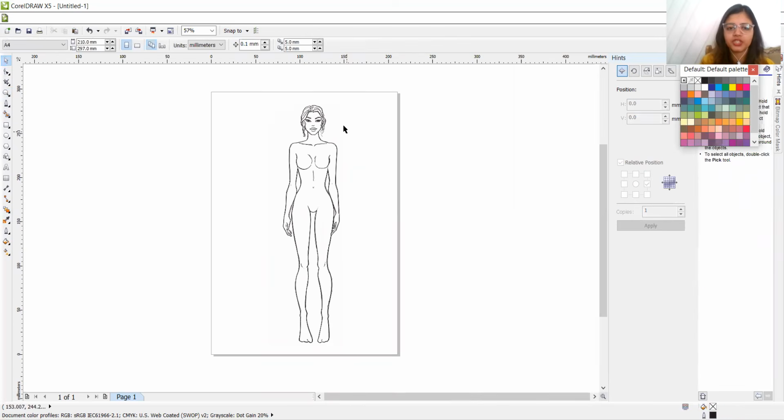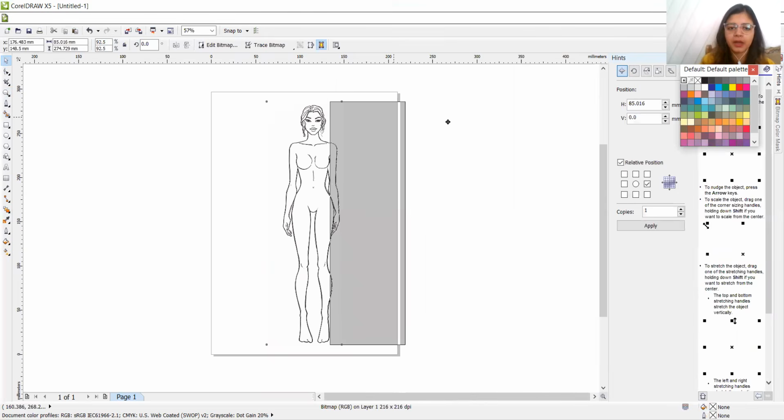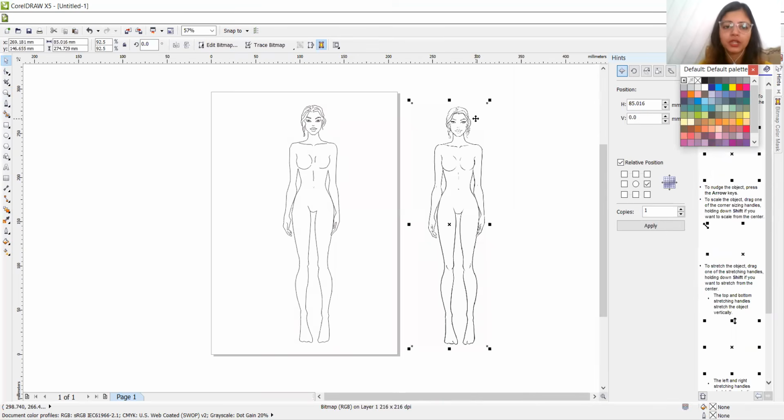Let's remove the background picture we have. This is the picture and this is the croquis that we have made right now. Everything is nicely done. The shaping is nicely done. It is a proper detailed croquis and this is how you need to draw and use your pen tool for a better croquis. I suggest you practice the pen tool again and again, then only you can do excellent work using that tool. So just practice that and make sure you have done proper shaping.